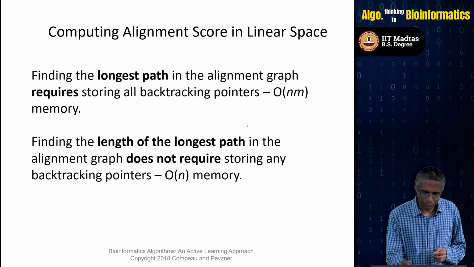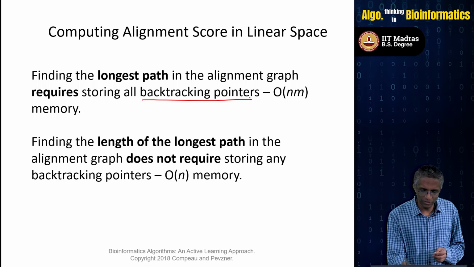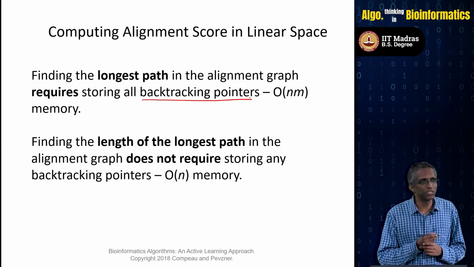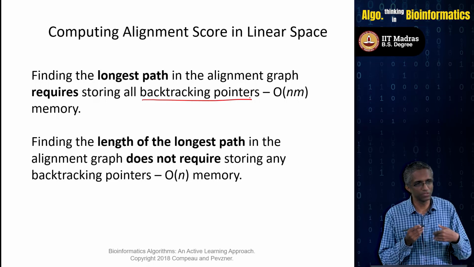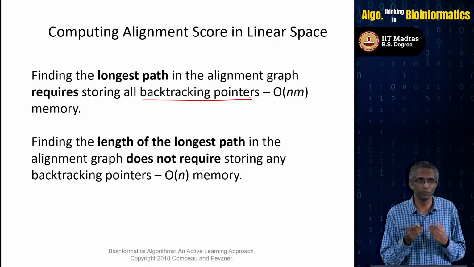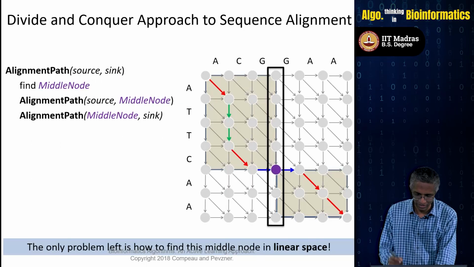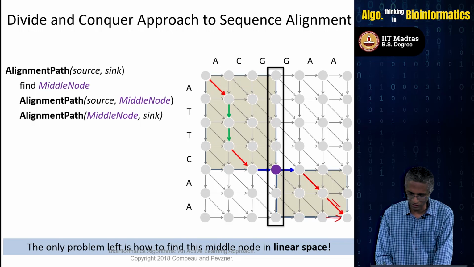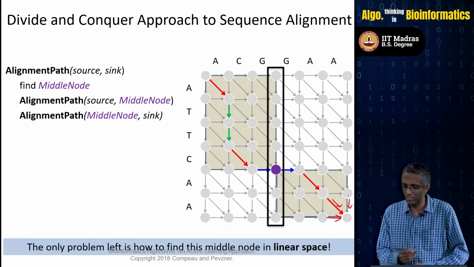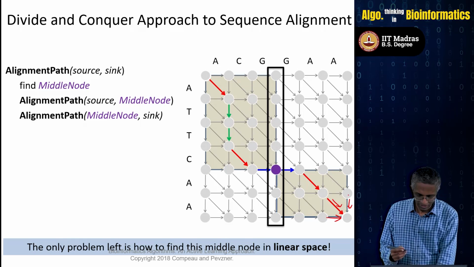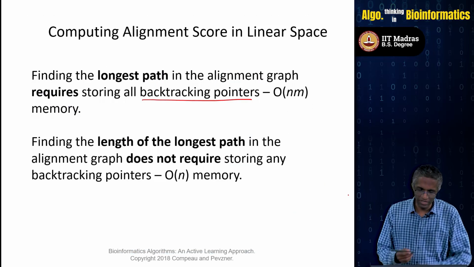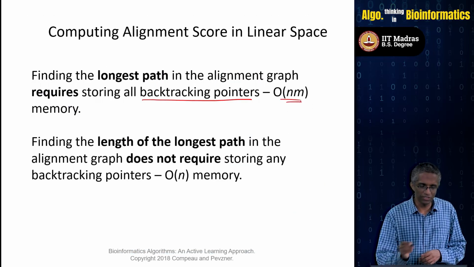For the backtracking pointers, for every node you need to know which node you are coming from in terms of the maximum. You are taking the maximum among three nodes, so for each one of them there is this edge, and this edge, and you need to store which edge contributes to the maximum. So there are order nm of those, and that seems to be the reason that we have order nm